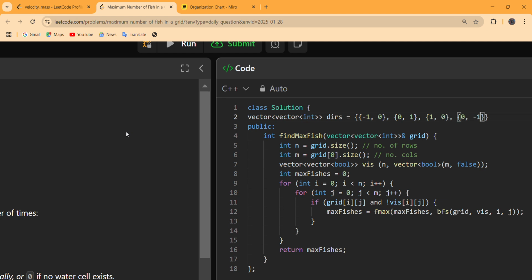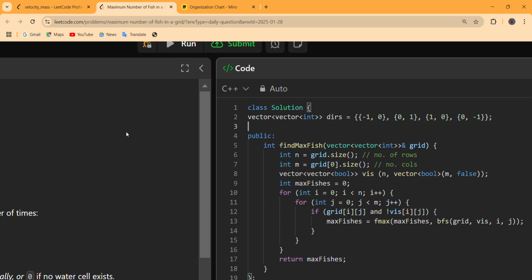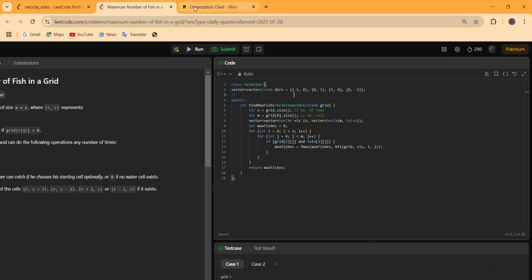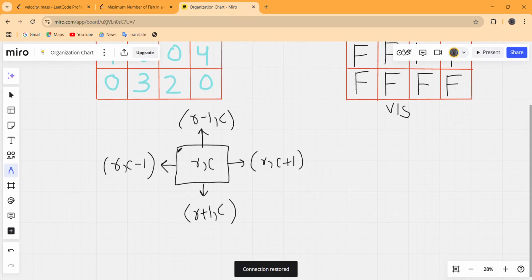-1 comma 0 and this. Let us visualize what this -1 comma 0 means. Let us suppose we are initially at this r comma c. If we want to move to the cell just above r comma c, what are the coordinates? We are in the same column, so c is maintained as c, but the row is decremented by 1. That means the coordinates for the cell just above r comma c should be r minus 1 comma c,